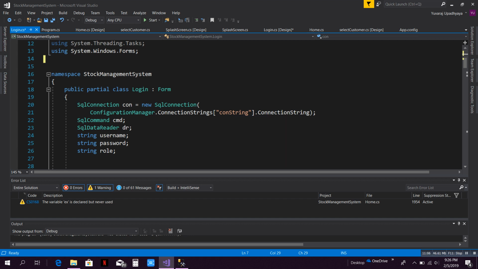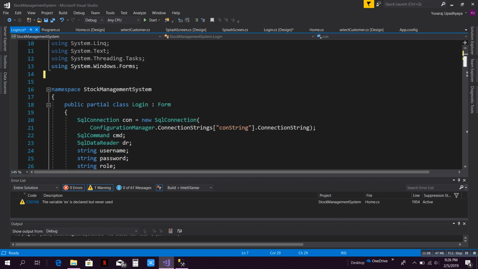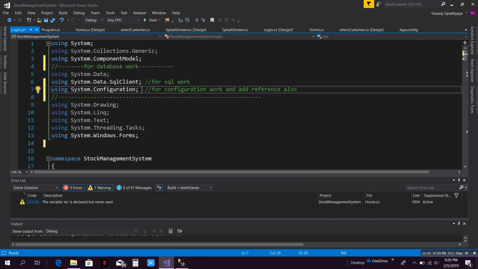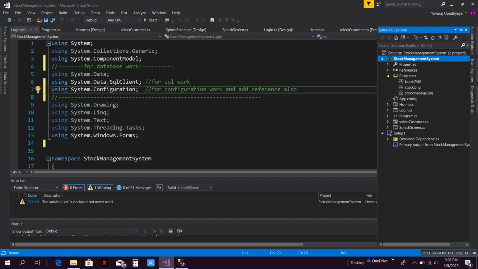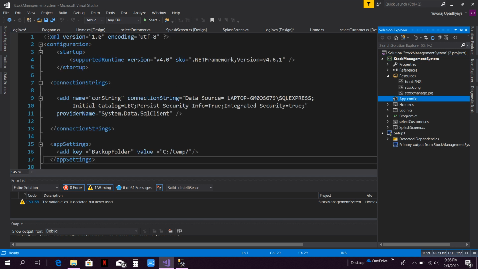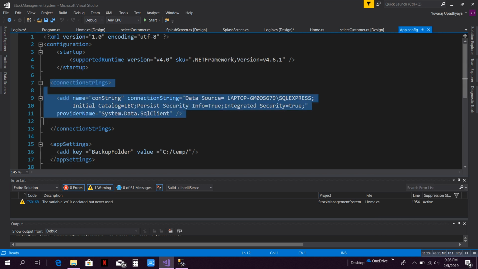Before that let's move on to our app.config file. Here you will find your app.config file in your project. Inside the app.config file, what you have to do is